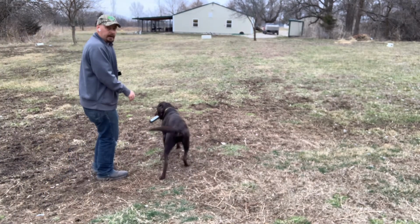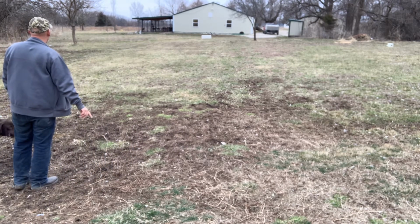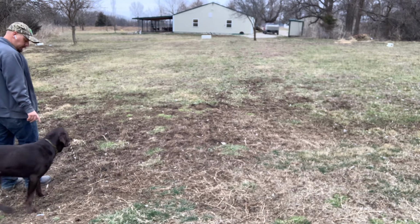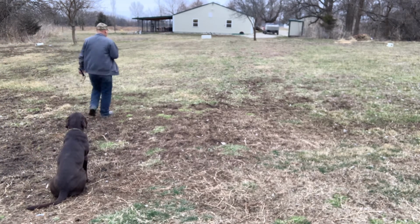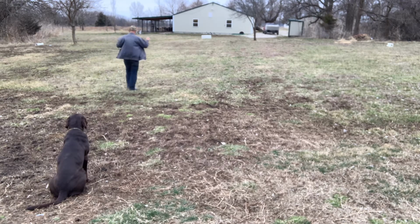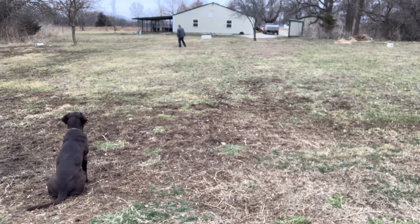So I'm going to set my line right about here. That's right, he's a righty. Here, heel, sit, sit. Now, there's a lot of pieces going into this. One, I want to teach him left, right, and over, or left, or overs and back. But also, there's a lot of steadiness, there's a lot of diversions, there's a lot of things going on in here. And what I'm doing right now is I walked away from him to throw that bumper